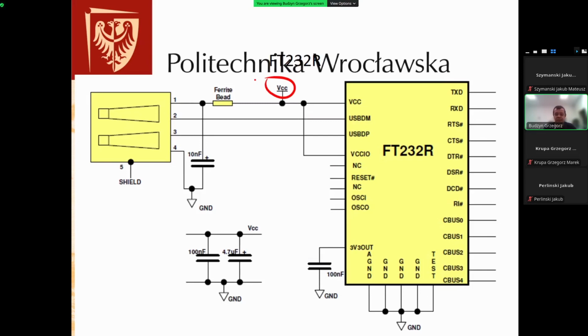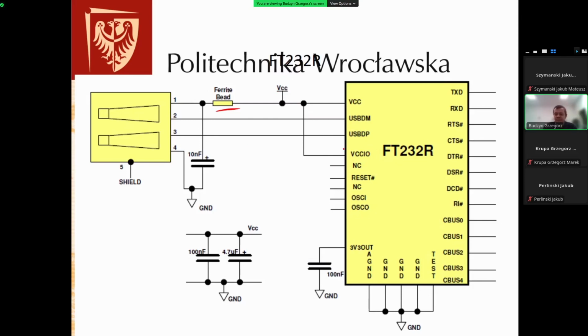So we can as well use it. And in case of this FT232, in this example, there is such a possibility that we are using just the ferrite bead, and we supply the